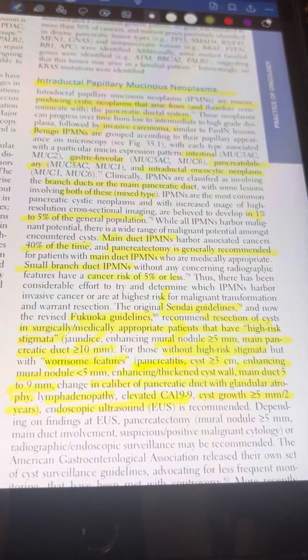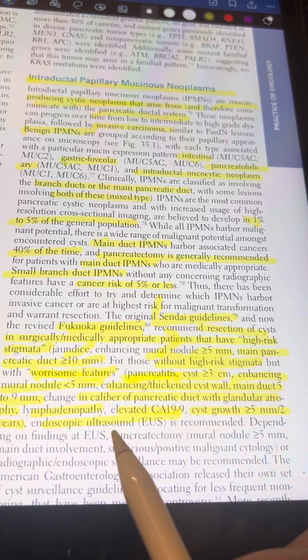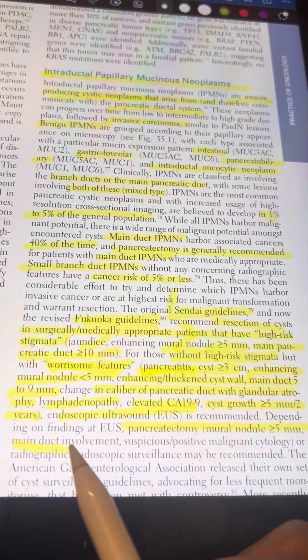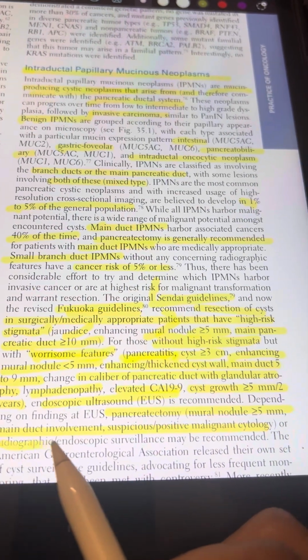So depending on the findings of the EUS, pancreatectomy,